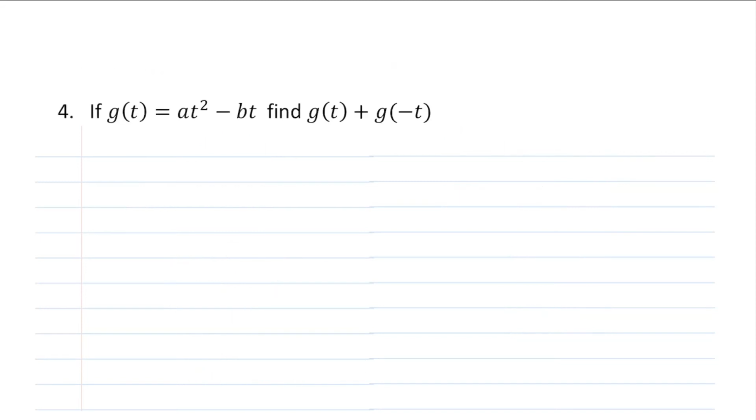Alright, don't let this one throw you off. It's really simple. g of t is equal to at squared minus bt, so I don't have to do anything for this one here. It's already a given. Now for g of minus t,